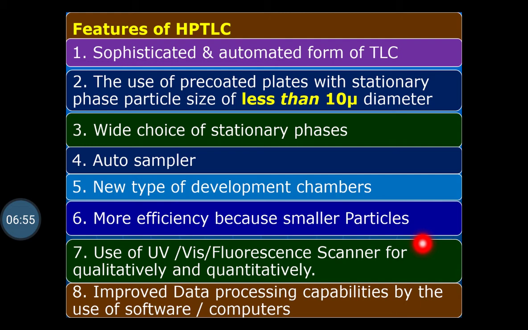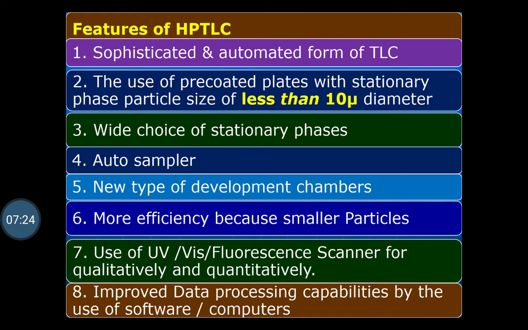By means of high performance thin layer chromatography, one can perform qualitative as well as quantitative analysis, and the detection or identification can be done by using a UV visible and fluorescence scanner. Then, improved data processing capabilities by use of software or computers. All these automatic activities are managed by the software, and you will get a ready-made